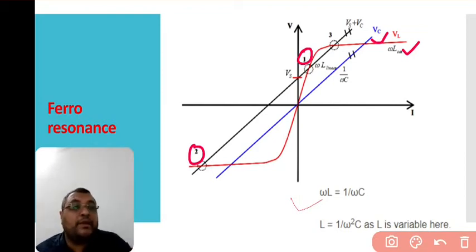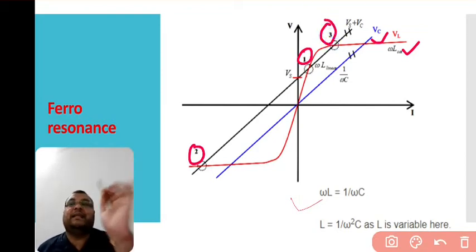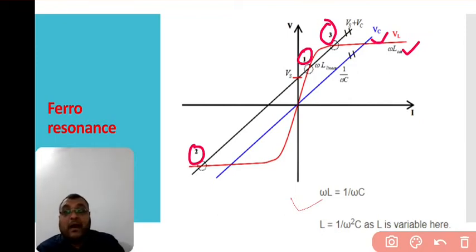And this point 3 is an unstable mode. Point 3 is considered as an unstable mode, and the solution will not remain there in the steady state condition. Okay, so those are